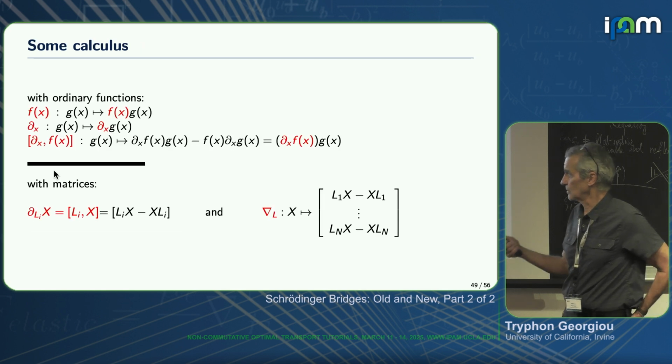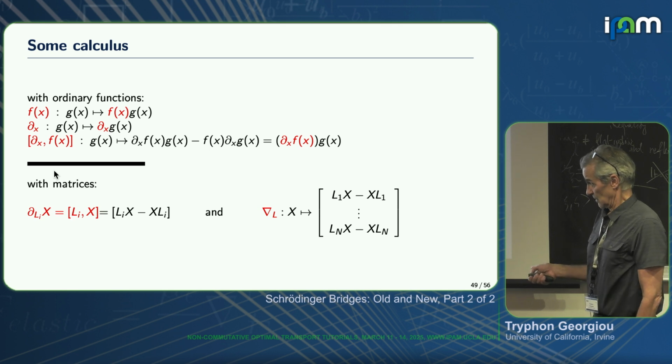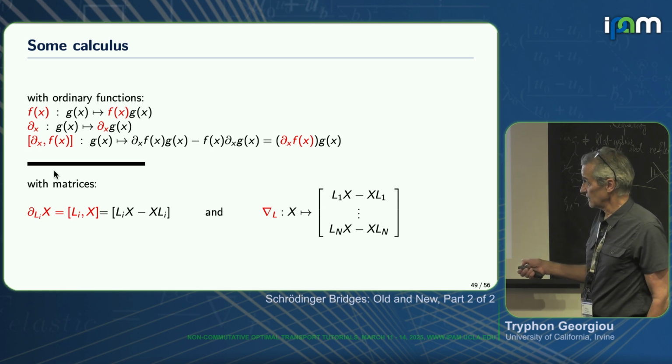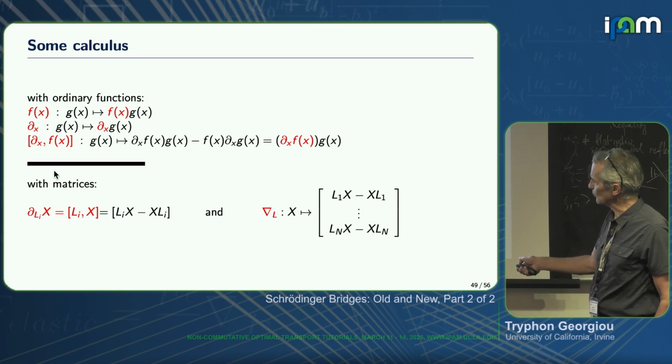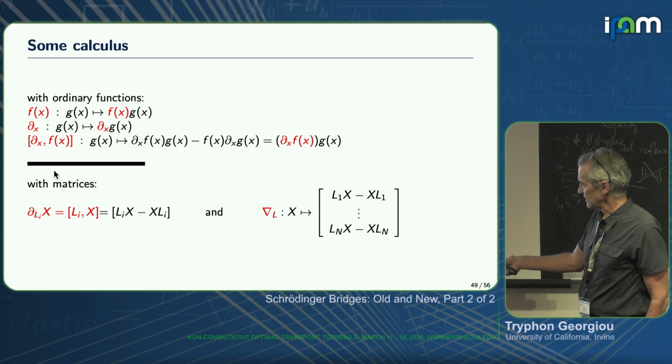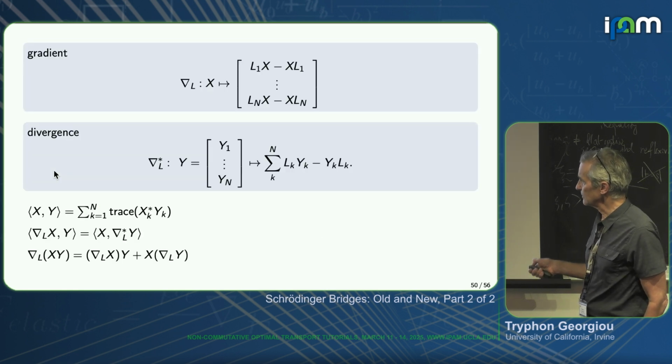So how do you do calculus for matricial objects? For ordinary functions, if you have a function to be like an operator, the derivative is an operator, the commutator takes the derivative of the other operator. So the natural thing to do when you say partial of x with respect to L, when both of them are matrices, is a commutator. And if you stack many commutators one on top of the other, this is the analog of the gradient. And of course, the moment you have a gradient, you can have a divergence because you have this